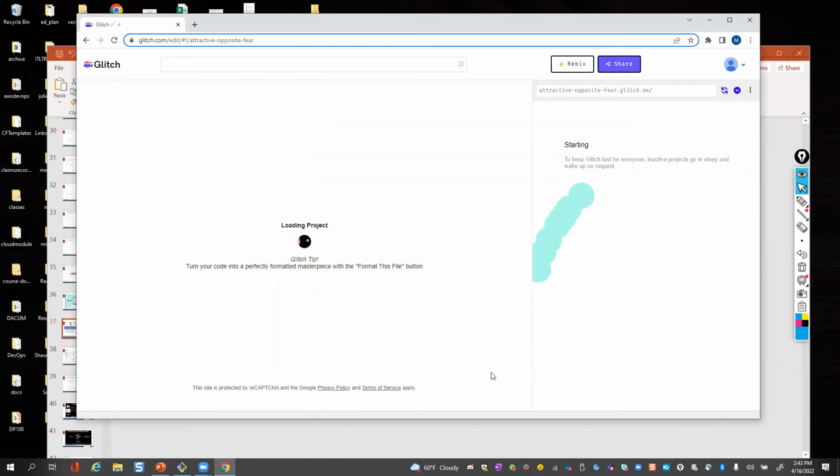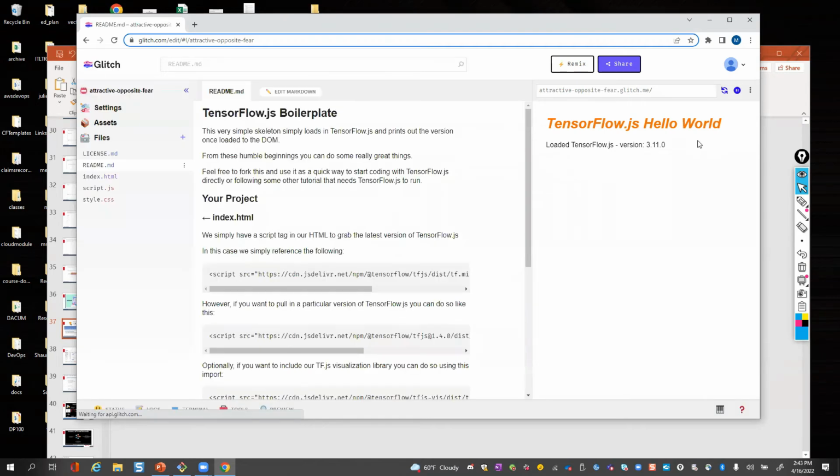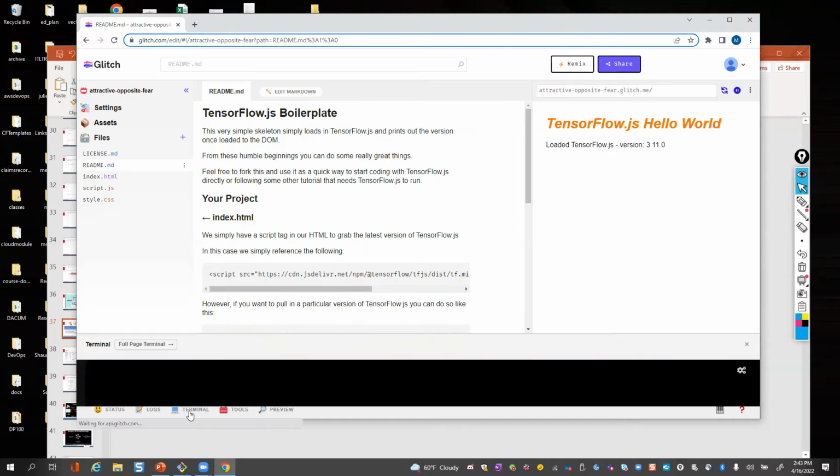Now at the bottom, it's still making them, 1 second. Oh, cool. And now you can see it's running because you can see the CSS is kicking in. At the bottom, you see status, logs, terminal, and tools. And you'll be using some of those tools if you want to export whatever you did. And we'll learn how to do this, excuse me, on your local machine. I'm going to show you how to take a model that you create from here and get it running on your local machine. Okay. And then you have a little terminal here that we'll need for your refresh, and you'll see us use that in a moment.